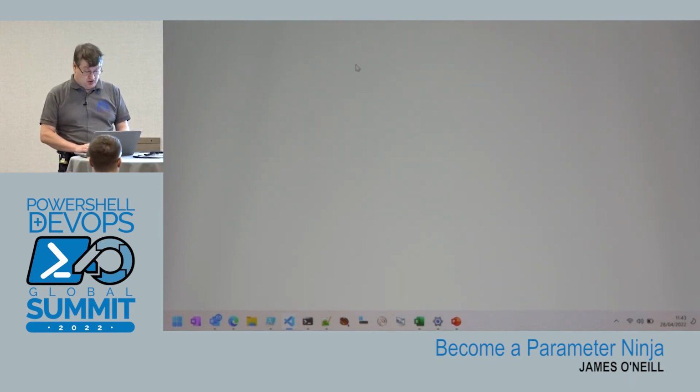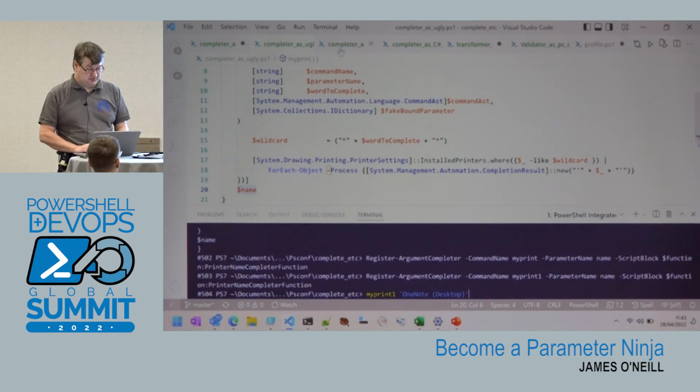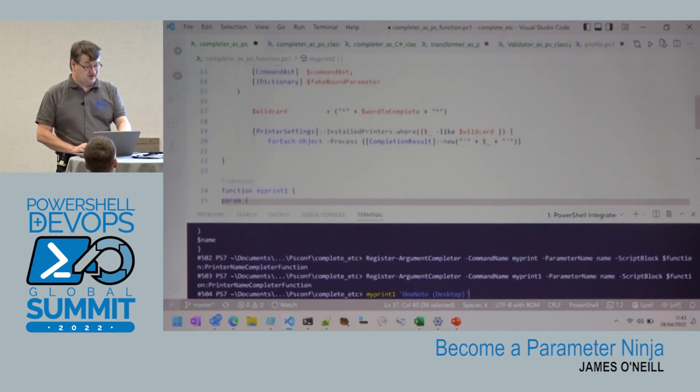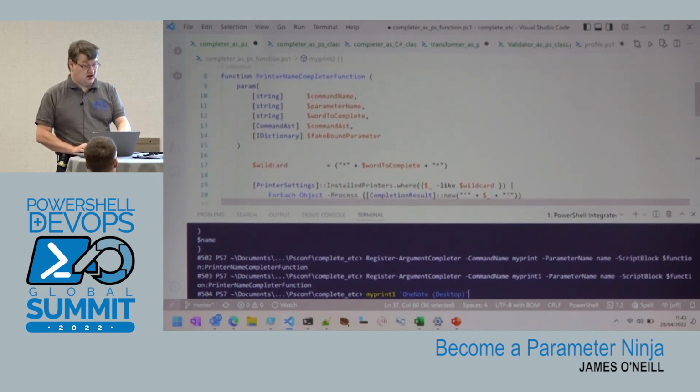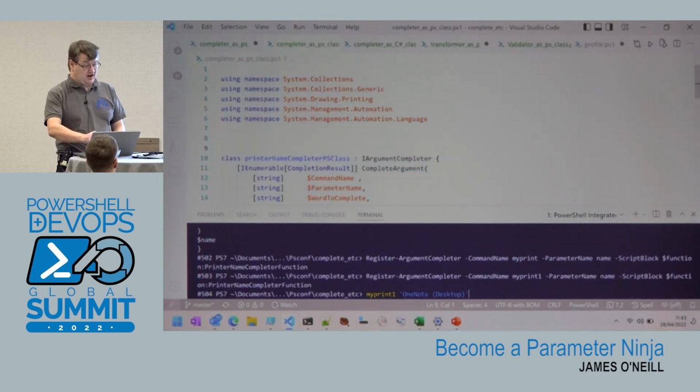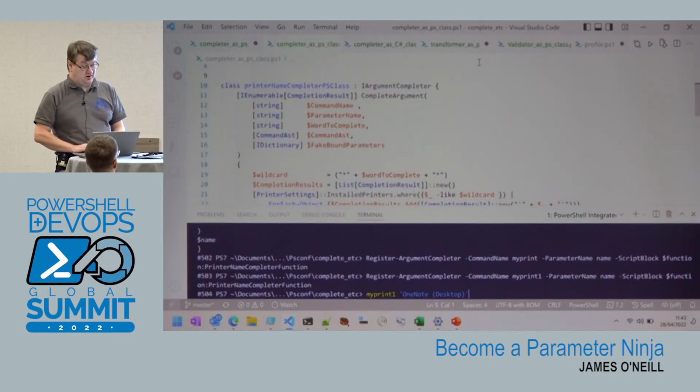So, there we go. Here it was as a function. We took the parameters and we did the work. And as a PowerShell class, there is the same thing as a method defined in that class. Nice, easy template to fill in.